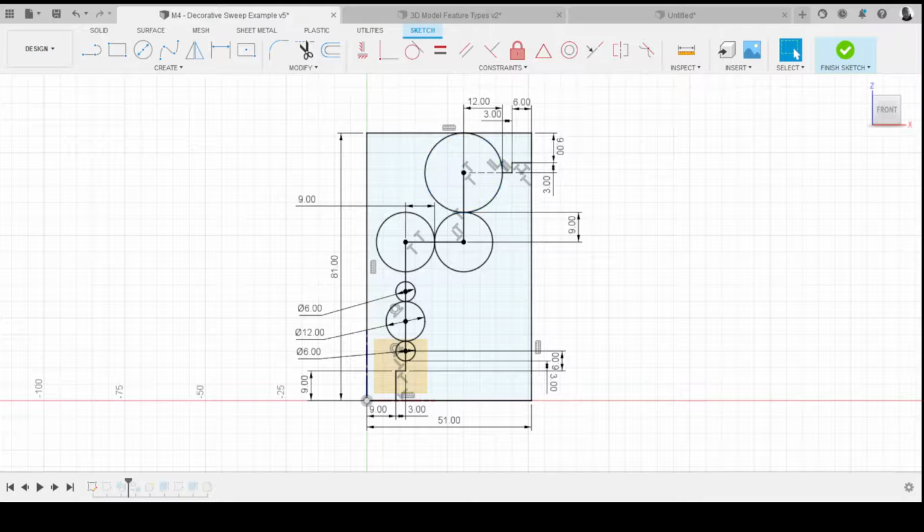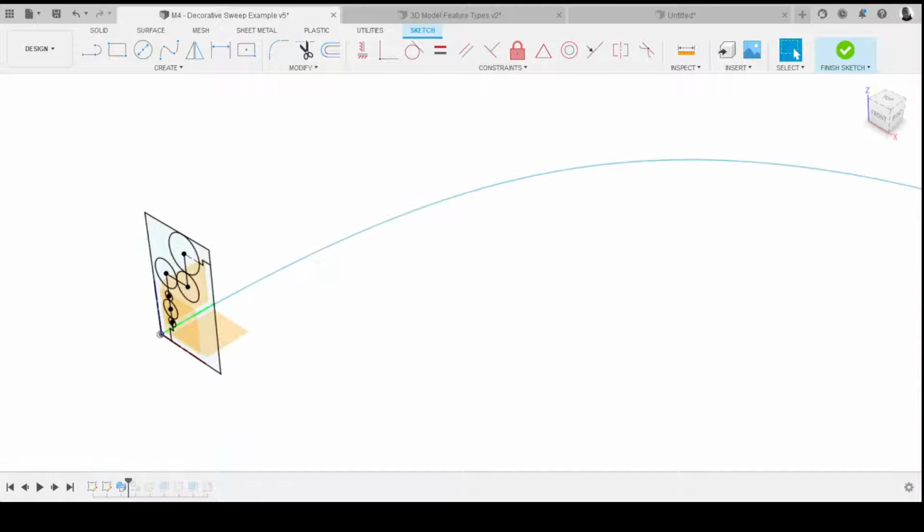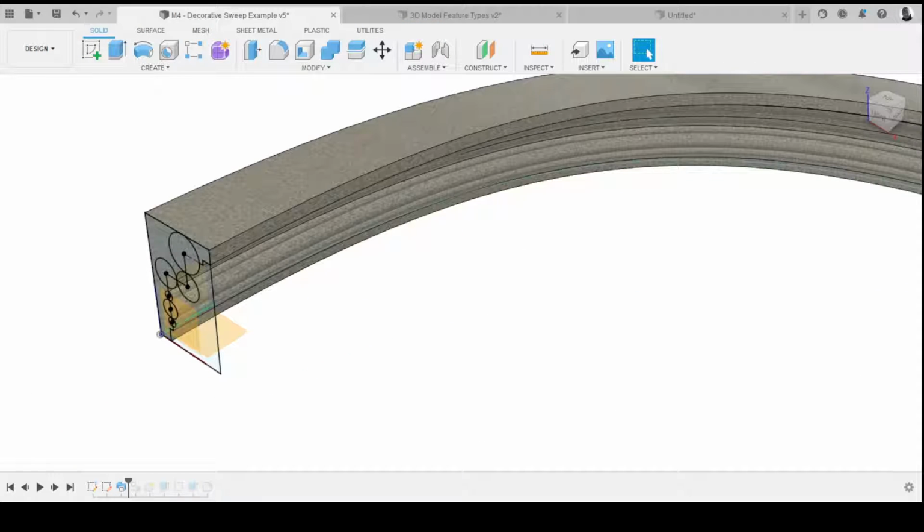So, has everyone got something that looks like that? Has everyone had a degree of success in creating a sweep? Great. Before we move on to the next sweep example, one thing I haven't really mentioned, as per usual,